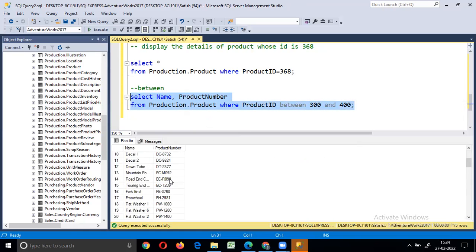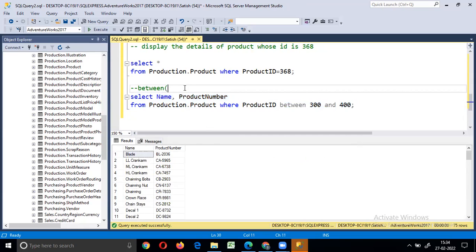If you observe here, these are all the product names and product numbers whose product ID is between 300 and 400, including 300 and 400. Both the ranges are inclusive here.